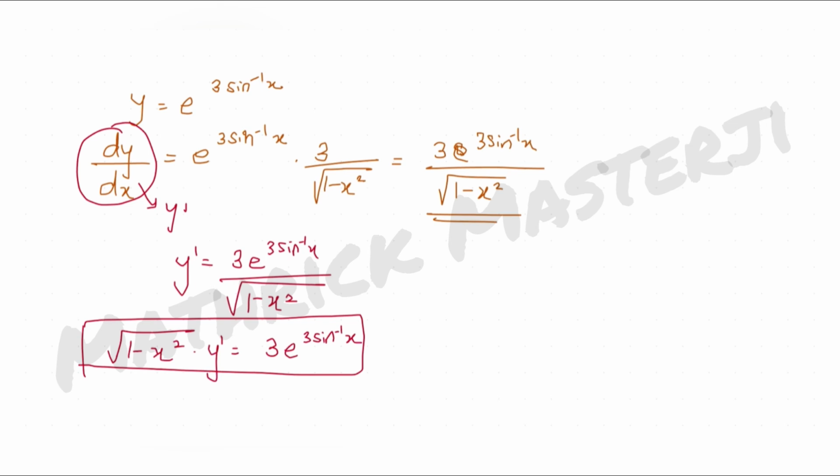So it's telling me root of 1 minus x square into y dash is 3 times e raised to 3 sine inverse x. So we already have this with us. Now if I take the derivative of this left hand side, it's basically a function u multiplied with function v. And the derivative of a product, we know by the product rule, is given by u into derivative of v plus